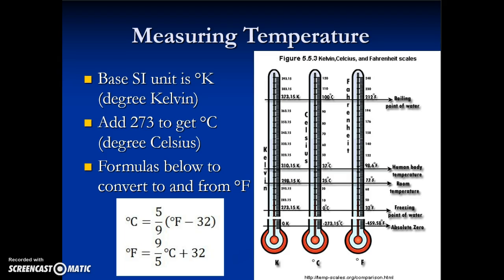Measuring temperature. The base unit in the metric system is the degree Kelvin, although it's not used fairly often, even in countries that do use the metric system. The Celsius system is much more commonly used. You would add 273 degrees, and these formulas show how to convert from Fahrenheit